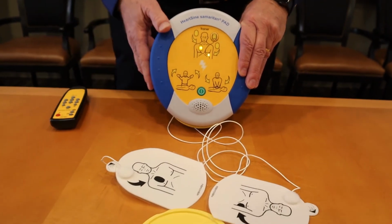Paused. Okay, so those were the two scenarios that the AED does. If a shock is advised, it will do the shock itself. There's nothing that you have to do. Once the pads are on the person, stay back. It'll analyze and give the shock when the time is up. If shock is not needed, it'll have you go into CPR with the compressions. It'll do that for 2 minutes. End of the 2 minutes, it'll analyze and determine whether at that point a shock is needed or whether it goes back into